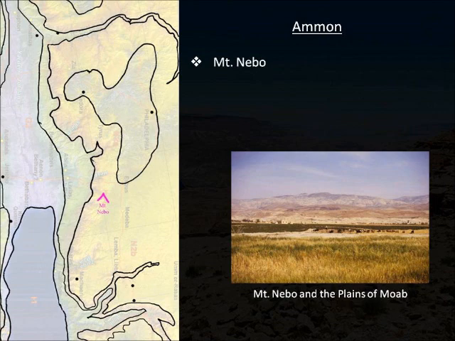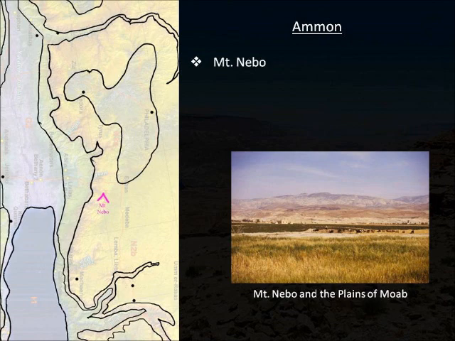As you may remember, Moses was told that because of the sin he had committed by striking the rock instead of speaking to it to make the water flow from it, he was not permitted to enter the promised land with the rest of the Israelites. And so the Lord will take him to the summit of Mount Nebo, which, as I said, is more of an overlook than it is a mountain. And he will get to see all of the land from Dan to Beersheba.